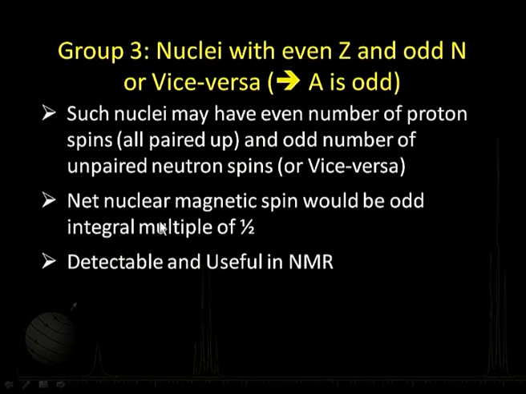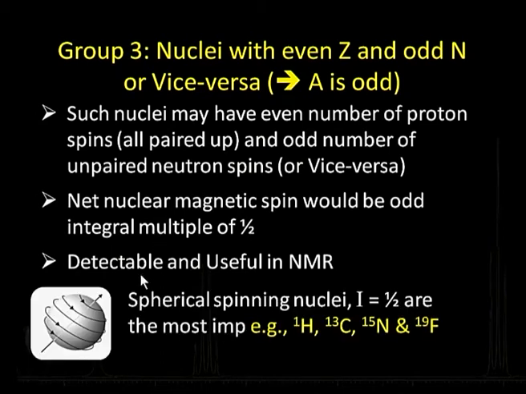Okay. Now, these are the nuclei which are detectable and useful in NMR, and typically such nuclei are spherical in shape and spinning, with I equal to half, and the examples happen to be 1H, that is proton, 13C, carbon 13 as it is called, 15N, 19F or maybe 31P, and many more which can be made use of. But from an organic chemist's perspective, the nuclei of interest to us are primarily 1H and 13C. Such a nucleus will be spherical in shape and it will be spinning, because that is a property which comes from I equal to half. When I was 0, it was not spinning.